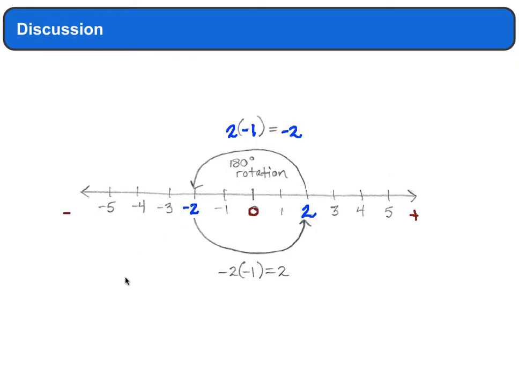And so what it's telling us is that when we multiply by a negative value, we are doing a 180-degree rotation on the number line. So the question that comes into play with this is, is there something we can multiply by that would give us a 90-degree rotation instead of a 180? Remember, thinking about a 90-degree rotation would be, what if there was something that we could put right through here,